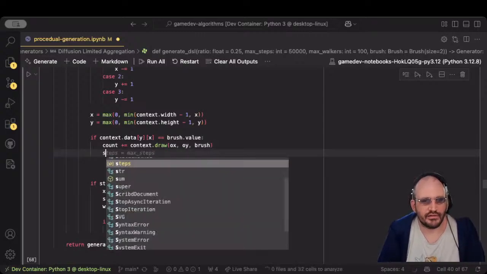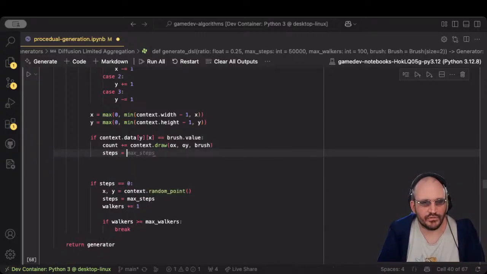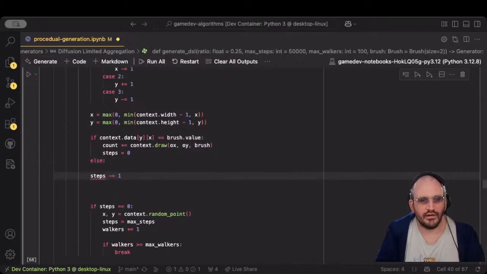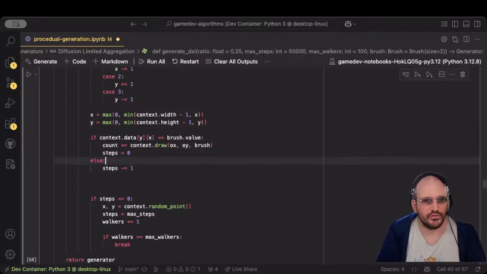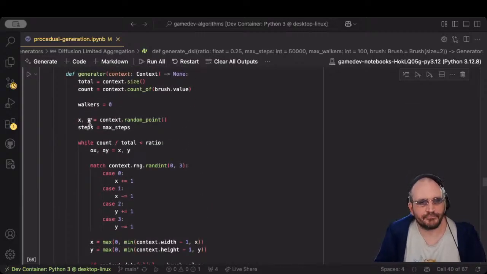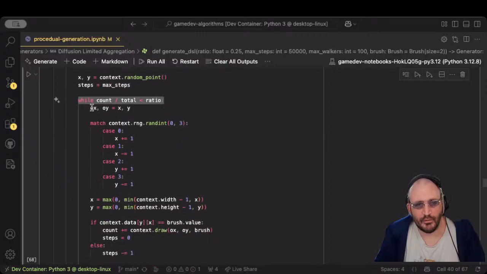So then I guess we can go steps is equal to 0. Yeah, and that will force a new walker to be spawned. So okay, we're gonna pick a random x and y, and we're gonna give it a maximum number of steps for our walker. And then while we haven't filled in as much of the map as we want,